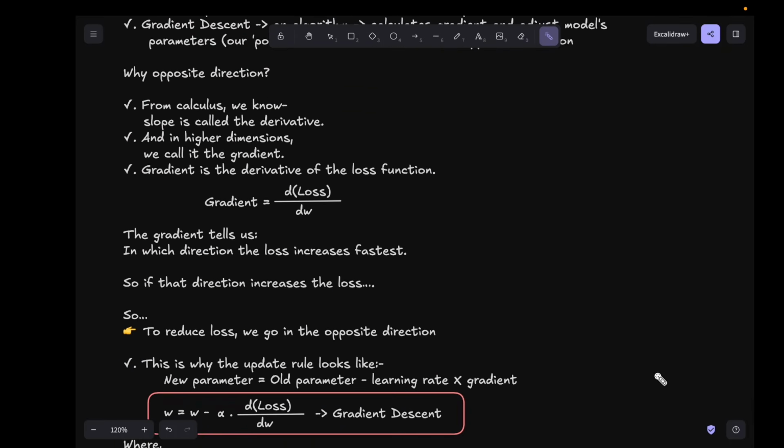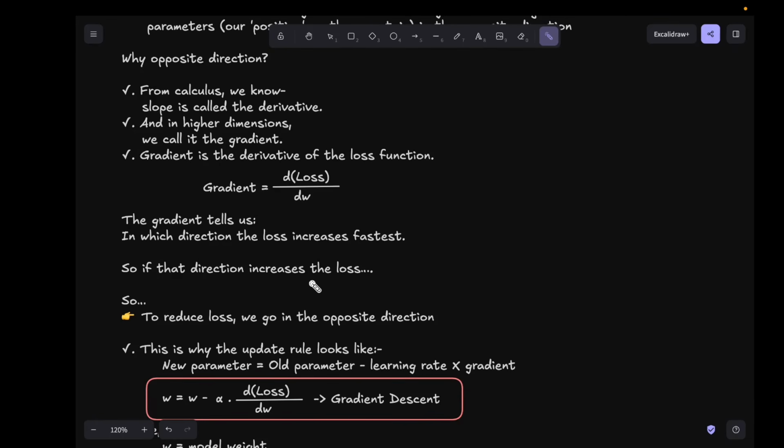So if we want to reduce the loss, we want to go to the opposite direction. You see, to reduce the loss, we go to the opposite direction because we want to get the best possible solution for this model. So we want to reduce the loss, we want to go to the opposite direction of the gradient. So let's understand it